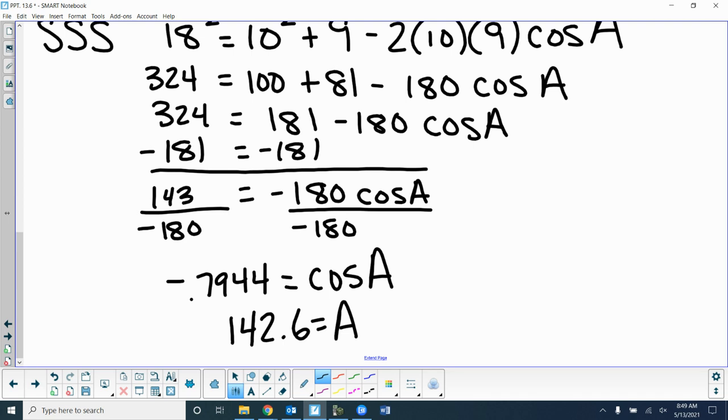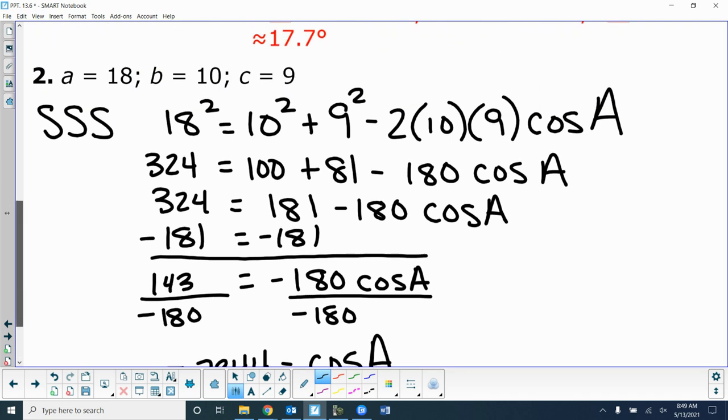Okay? We got my angle A. Look back at the side lengths. Which angle am I going to find now using law of sines? C. It's smaller. Right? Every time we go from law of cosines to law of sines, we go for the smaller one. Okay? So we're going to do sine of,